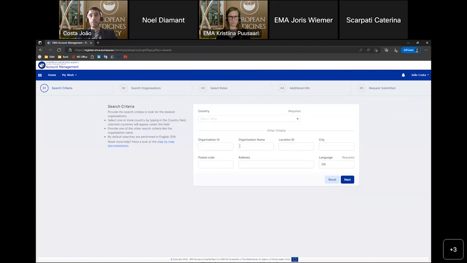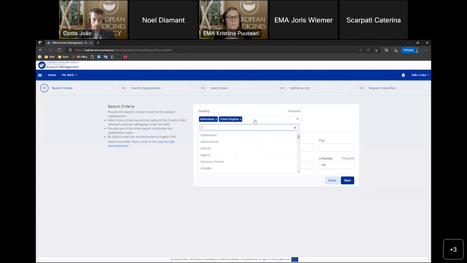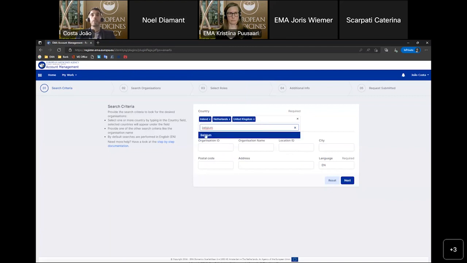And then we need to fill in one of these other criteria. So I will select for this demo Netherlands, United Kingdom, Ireland, and Belgium. So as you can see, you can type and then you are prompted with the country itself.